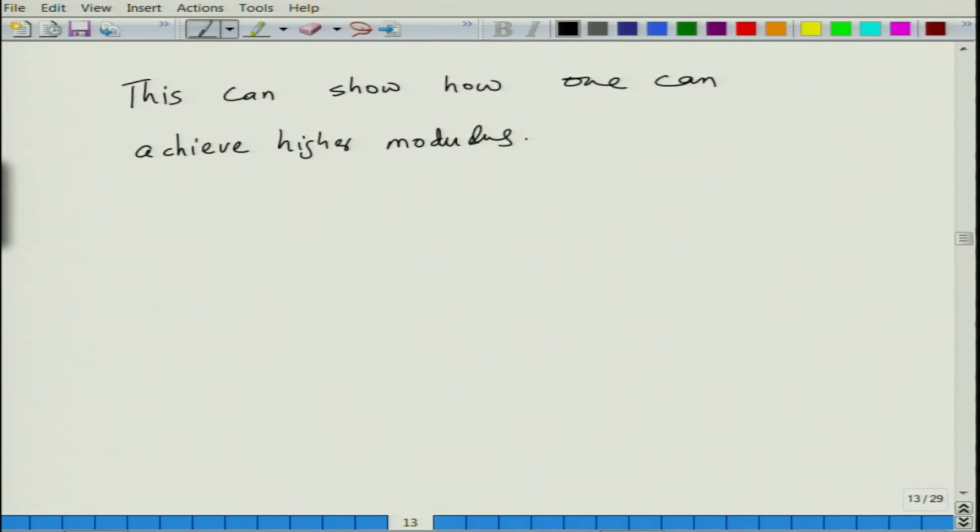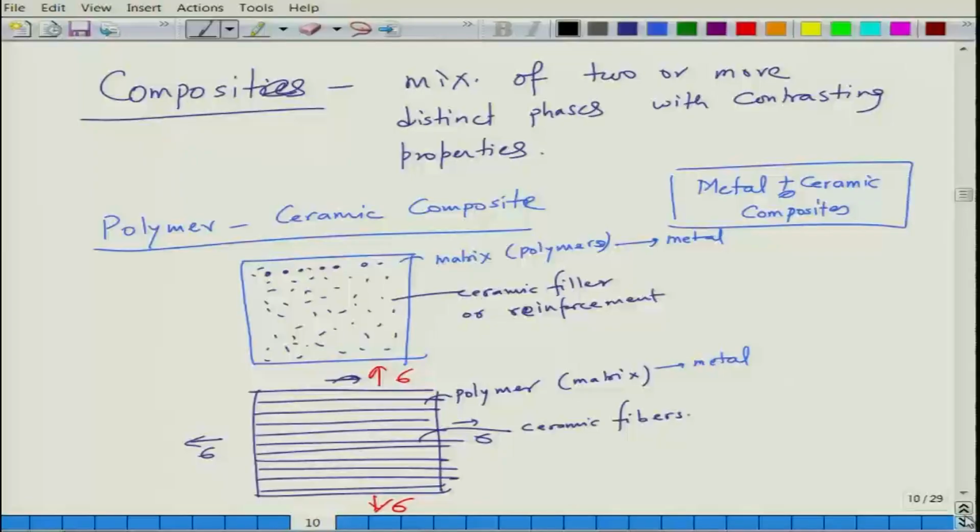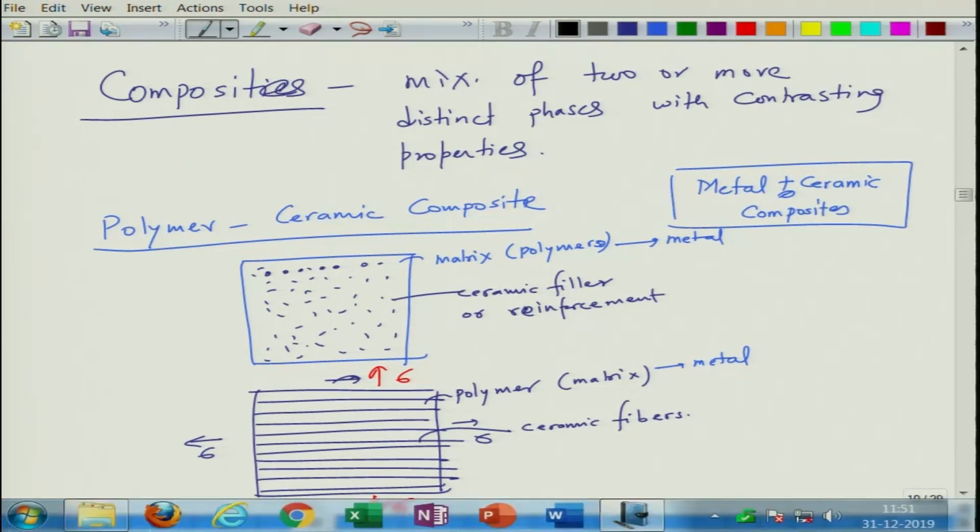Basically, what we have seen in this lecture is, on the basis of bonding, what are the differences in the values of modulus of elasticity of different materials. Now that these differences are there, you want to design better materials by mixing these materials appropriately in a scientific manner. One can design materials which use two materials of contrasting properties in appropriate weight or volume fractions and get the values, especially from the perspective of using the weight, which can lead to the design of better materials. We will do more analysis on this in the next class.